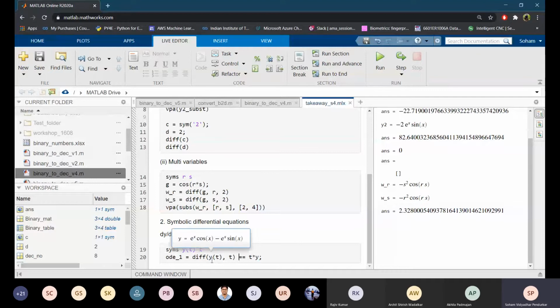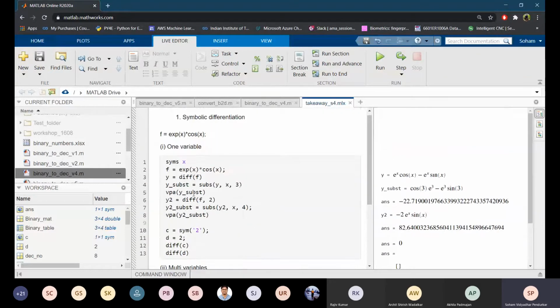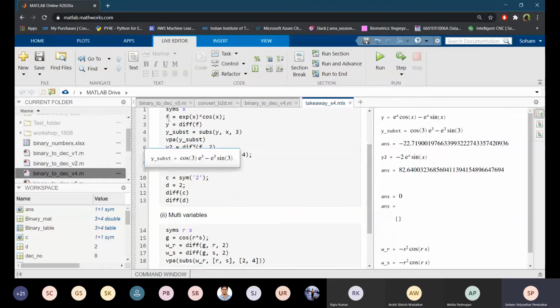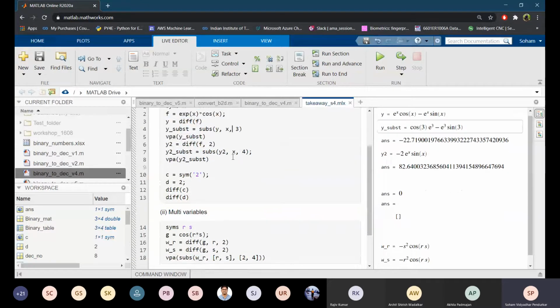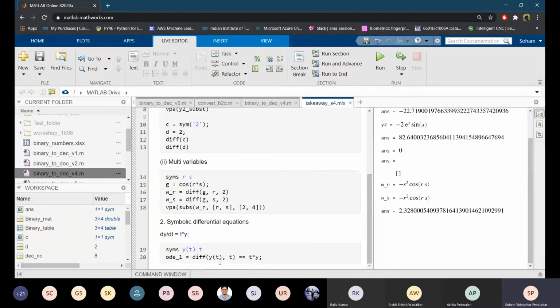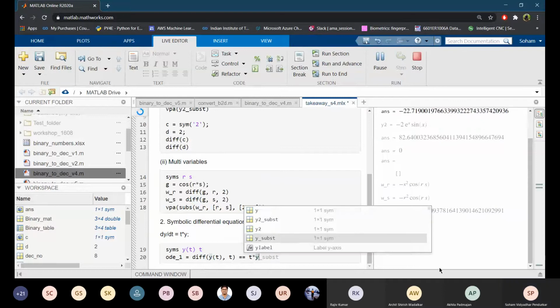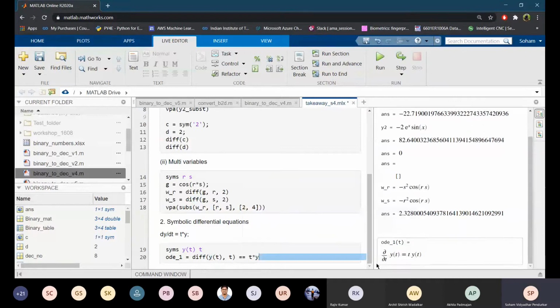So diff, you can see here the dy by dt is diff of y of t by t, and since it's a symbolic thing, earlier what we were doing is differentiating directly, because we knew the function f directly, f is equal to e raised to x cos x. But since it's symbolic, we don't actually have to know exactly what it is, so we directly write diff of y of t comma t is equal to t y, and let's see what it gives. See, it gave us this, in nice formatting, d of y of t is equal to t y of t. So let's comment this